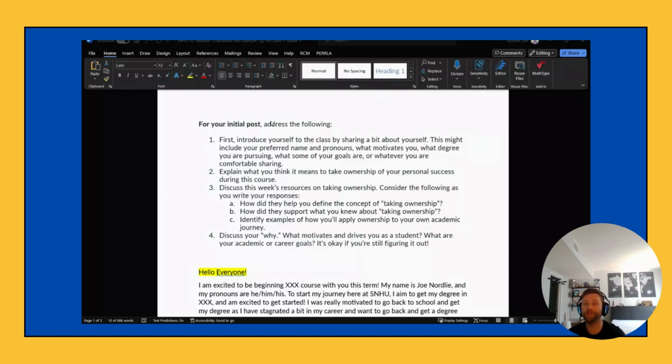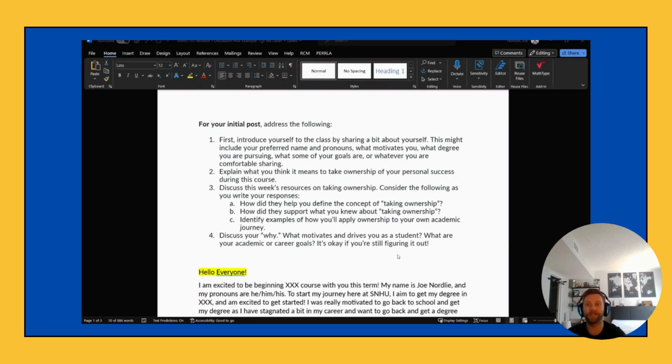that we have the initial post instructions copy and pasted into this Word document. You can see that there are four separate bullets. Now, for the first week, if you did not already post a discussion with all of the required bullets covered, keep in mind that I will not dock points for this first week on the number of bullets that you have covered. But in future weeks, please keep in mind that you are going to want to cover the full prompt, all four of these bullets, or however many bullets there are in future weeks,